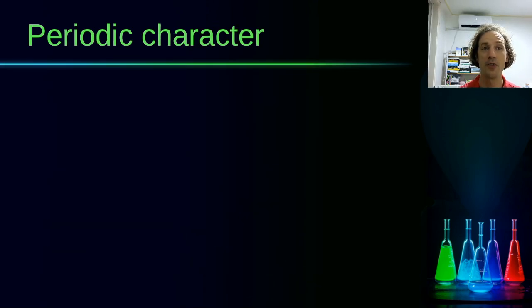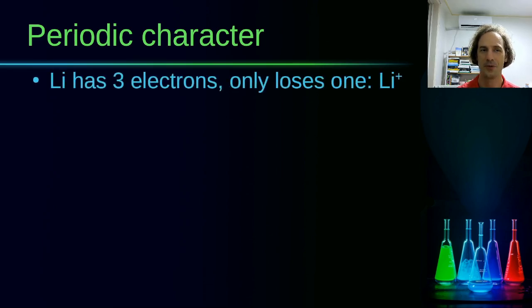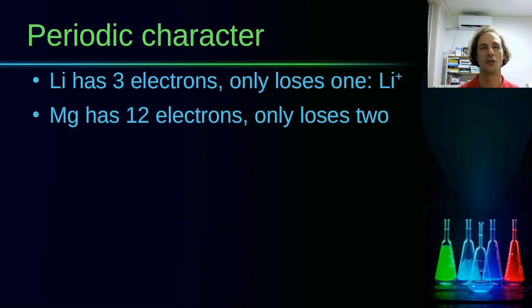This is definitely a periodic character of the elements. So first we can observe that while lithium has 3 electrons, it only loses 1 generally. So we talked about how you can technically remove all the electrons from an atom, but lithium will only lose 1 electron under general circumstances to form the lithium 1+ ion. Similarly, magnesium has 12 electrons but only loses 2,